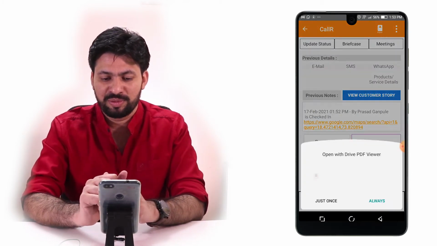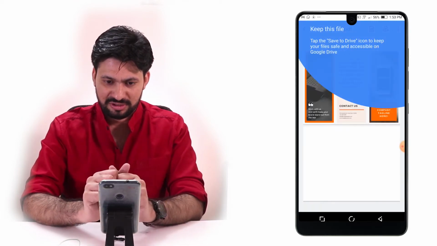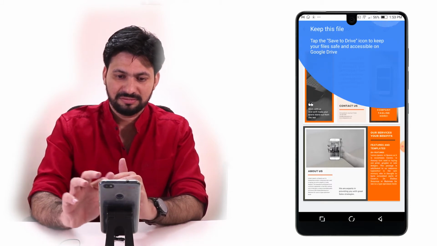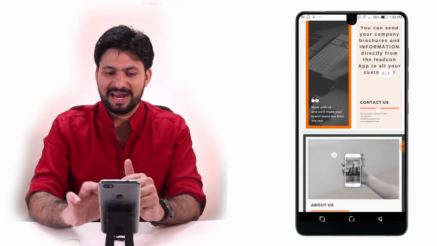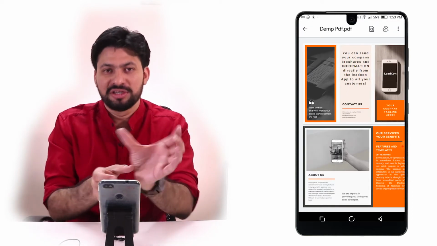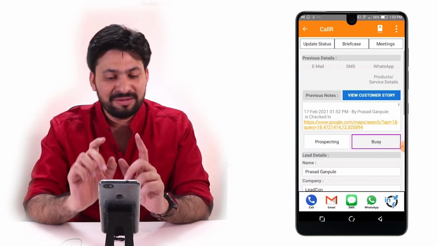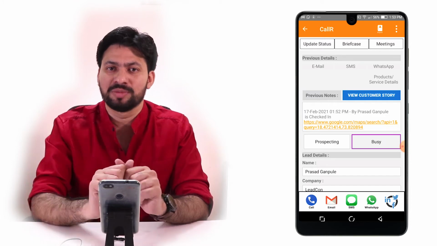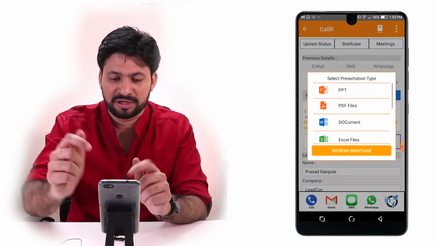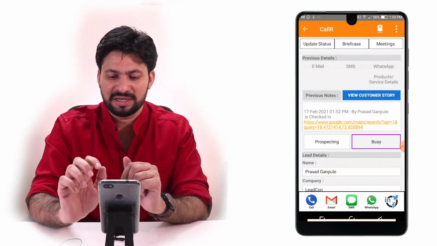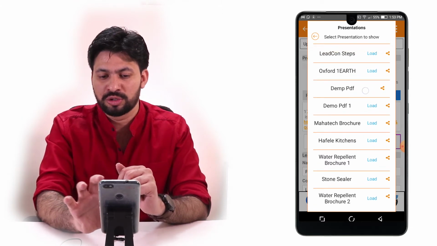If I click on demo PDF, it asks me how I would like to open it. I click on the receiver and you can see here, this is the demo PDF. While I am in the meeting, I can share this with the customer to show how the meeting PDF works. But at the same time, the customer asks, okay, please send this to me. In a normal scenario, you either give the digital copy or the printed copy. But what we have done is, I click on the PDF file. Now you can see earlier it was loading, but as it is already loaded, the load is gone.